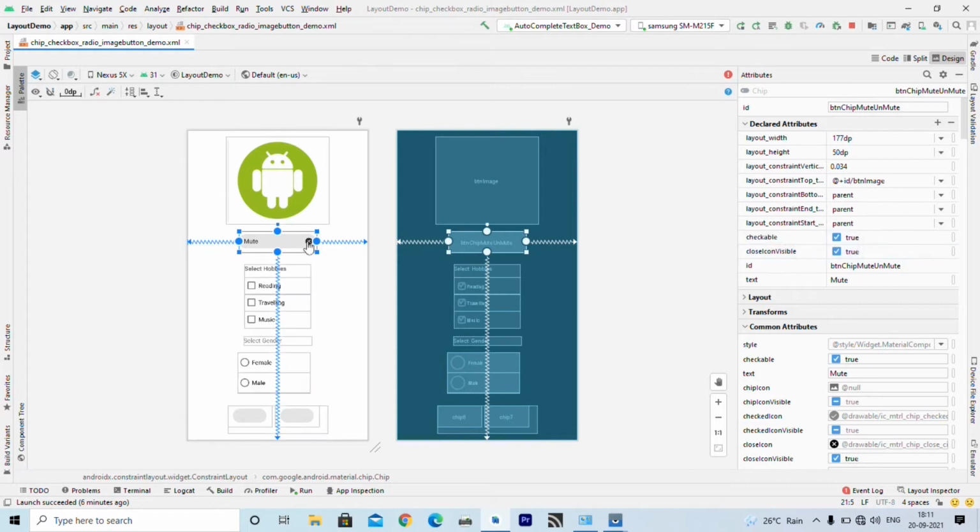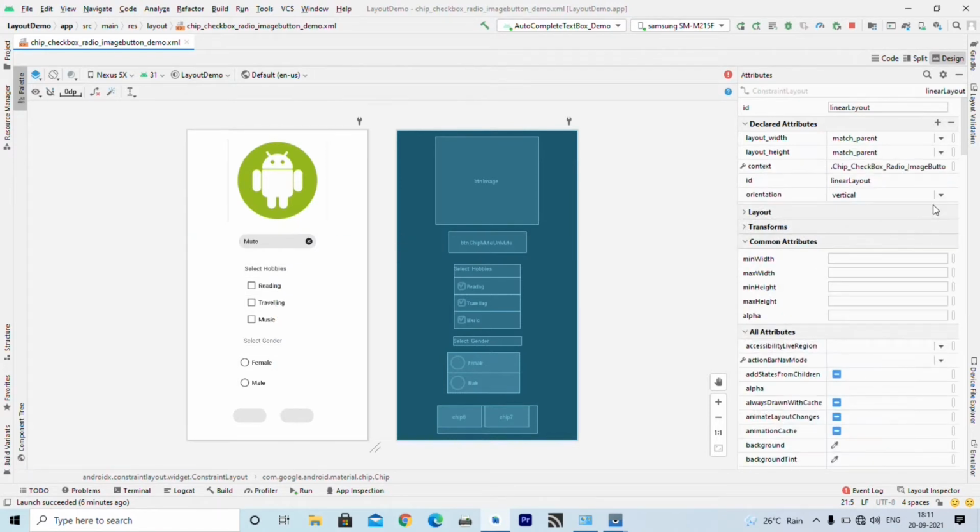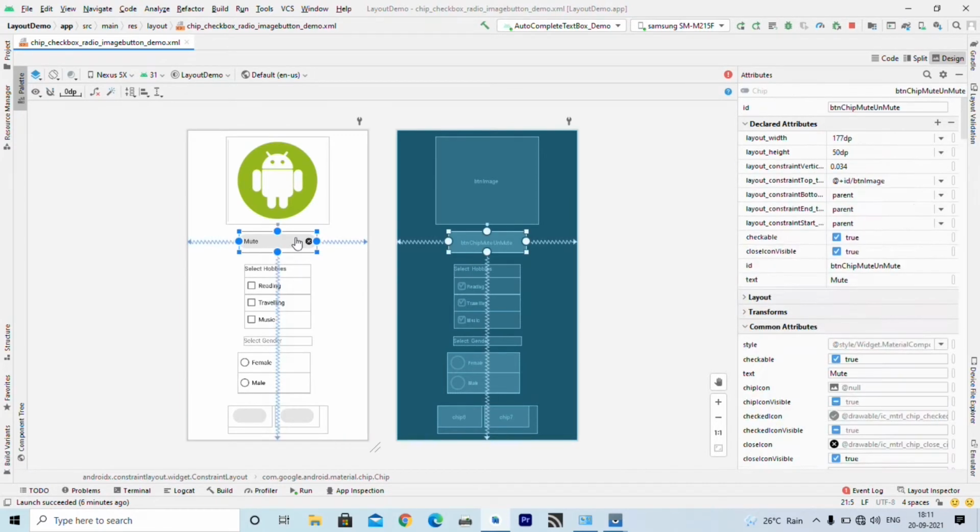So, you can see close button here. If I set close button visible, then these small cross will be visible and by clicking on that you can close this chip, right. So, we have set checkable property and close icon visible property to true.